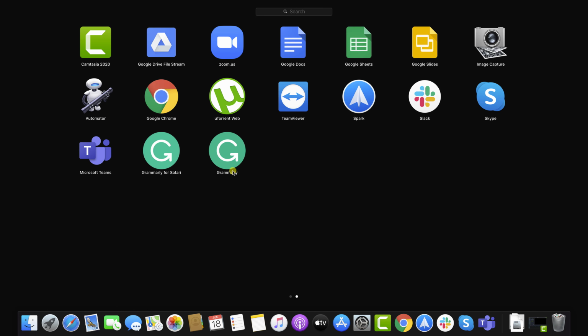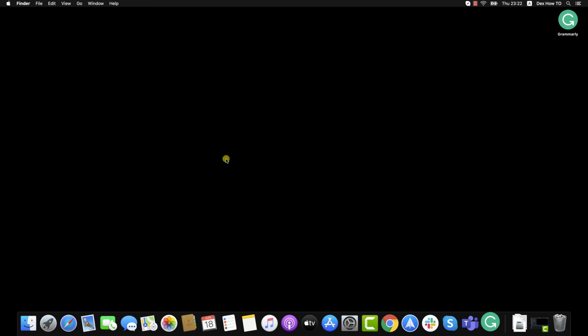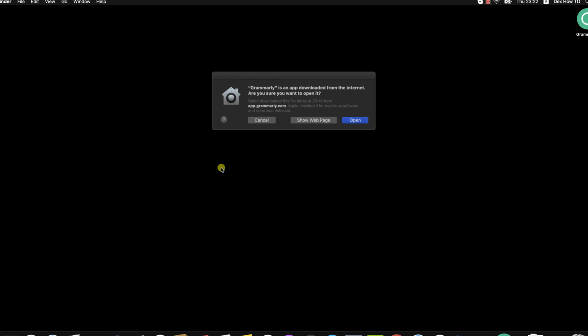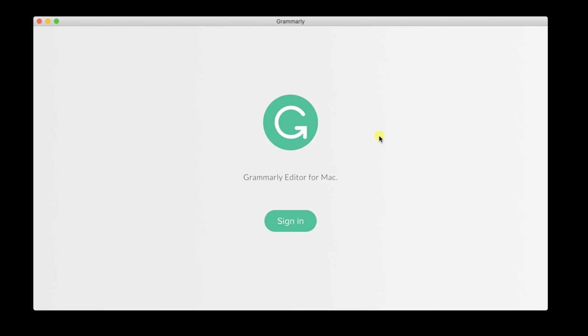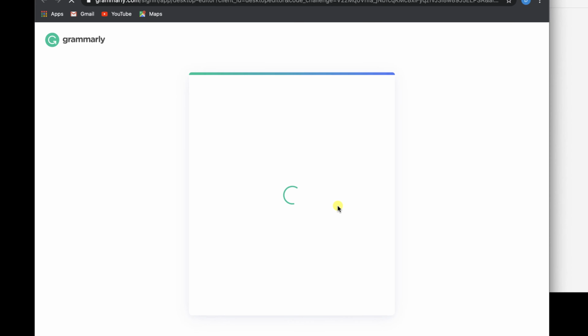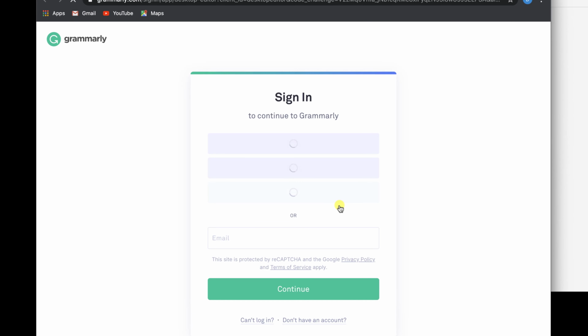Now click on Grammarly. Because this app is downloaded from the internet and not the App Store, you will need to allow it to be opened. Click on Open. On this window, tap Sign In. You will need to log in with your Grammarly account or create a new one. You can use Facebook, Google, and Apple to sign in on Grammarly.